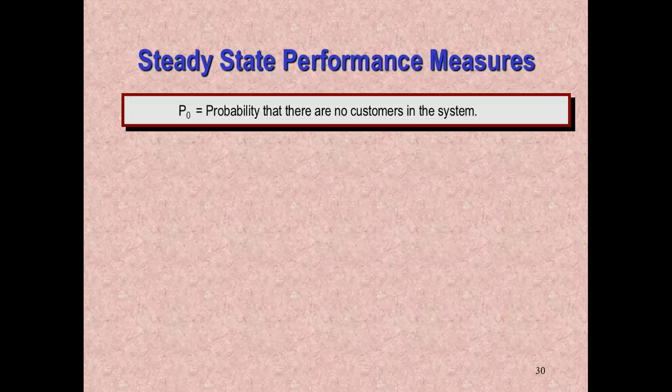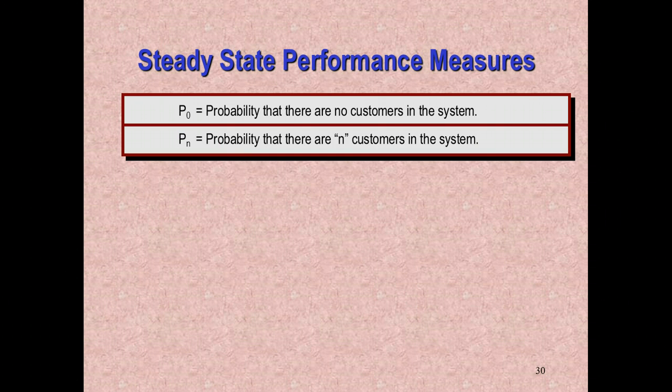When I talk about the queue, I only talk about the people waiting in line. So in this case, the queue has 4 people in it, but the system has 6. Does that make sense? So the system's big. The queue is a subset of the system. Okay, so the probability that there are no customers in the system means no one waiting in line and no one being served. No one in our store at all, if you will. Okay, that's P sub 0.